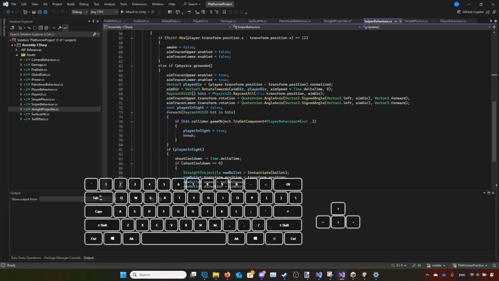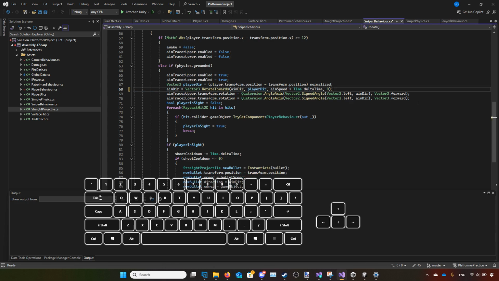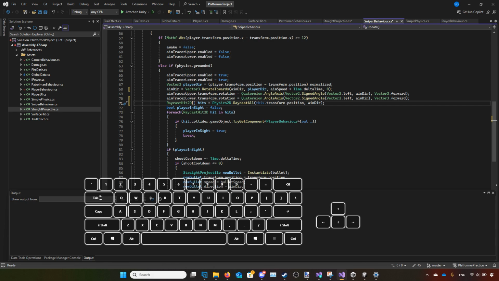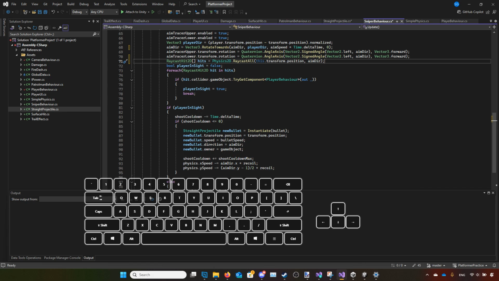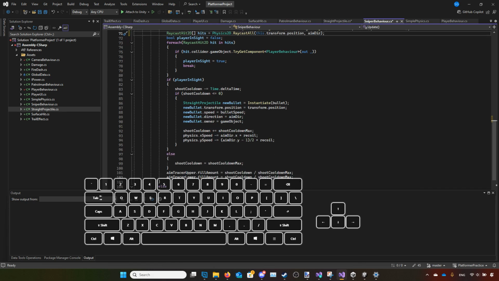Then it draws a cast towards the player to check, just for the sake of clarity, I should do it like this. It rotates the tracers to match, and it casts towards the player with raycast all, and then that towards the direction it's aiming in, and then if that overlaps with the player hitbox, it says, alright, player is inside, therefore get closer to shooting, otherwise go back to max cooldown. That's what this code does,